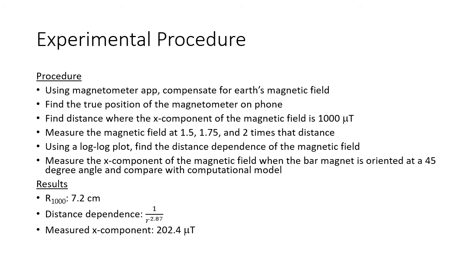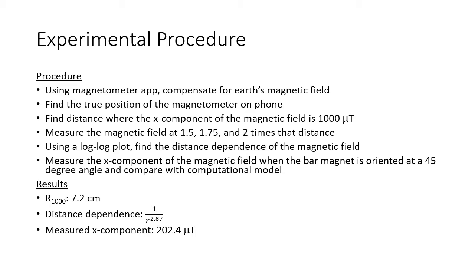The first step in the procedure was to compensate the magnetometer for Earth's magnetic field. One does this simply by rotating the magnetometer, in this case my phone, until the x component of the field equals 0. Next, I determine the true position of my phone's magnetometer by sliding my phone over a piece of